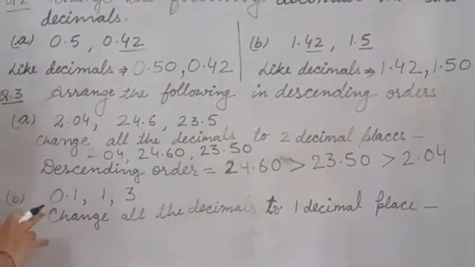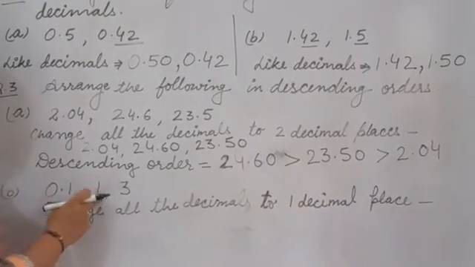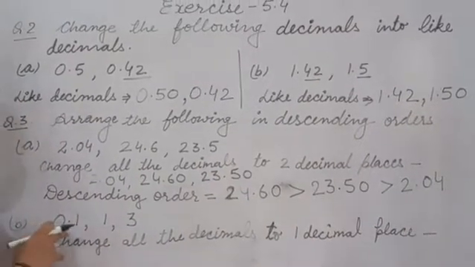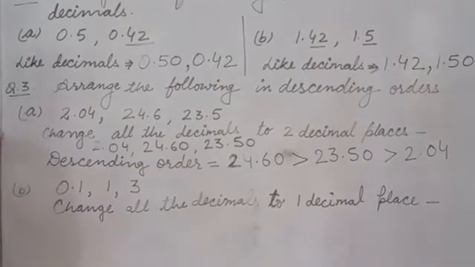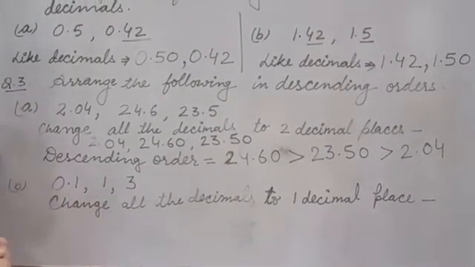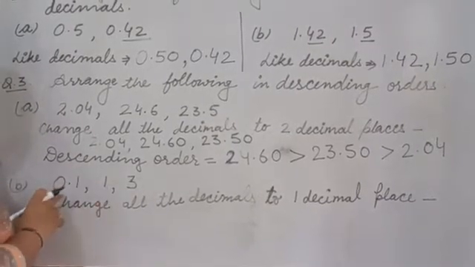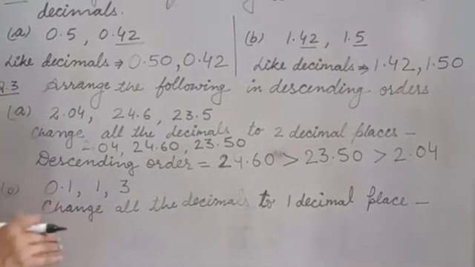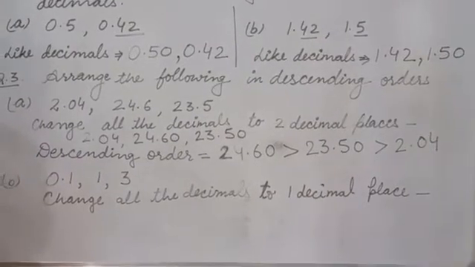Okay? Now it's the B part. There is 0.1, 1 and 3. In 1 and 3 you don't have a decimal place, and there is 1 decimal place. So in all you should make 1 decimal place. Usually you can compare without making like decimals, by the whole part, because there is 1 whole, there is 3 whole and there is 0 whole. So you can compare by this also, but we have to do by the process, because on some places you